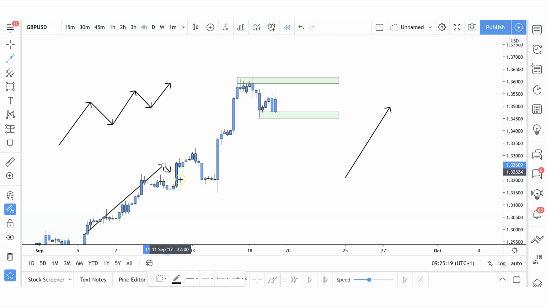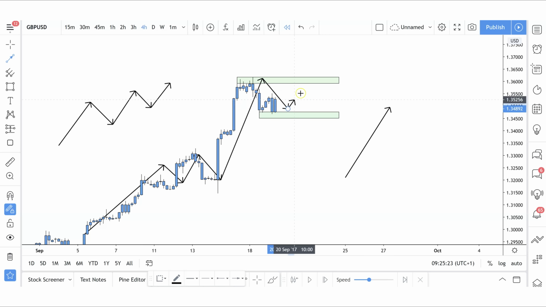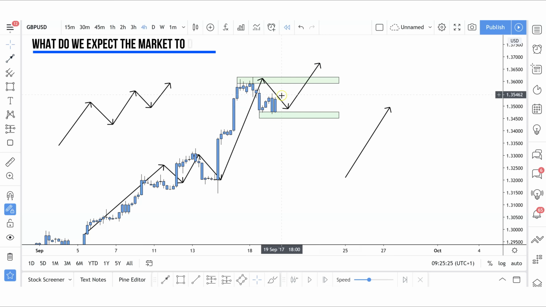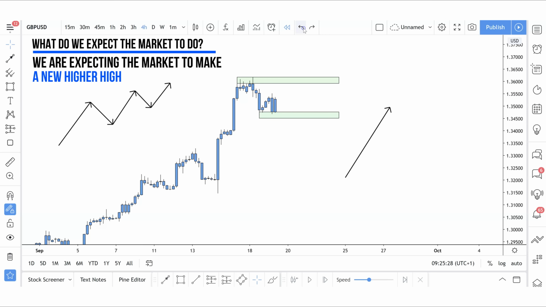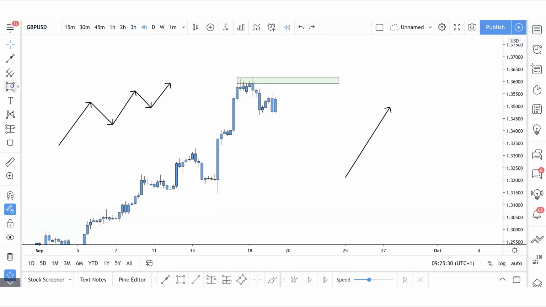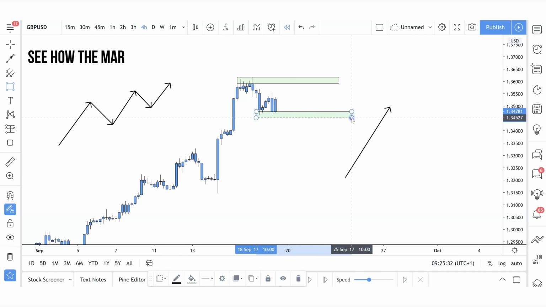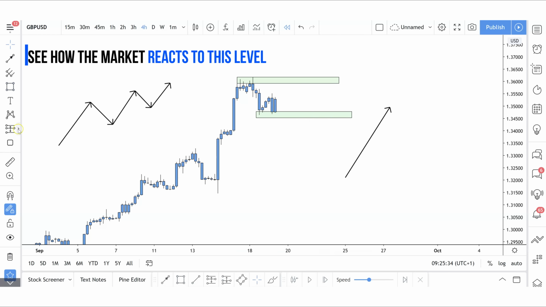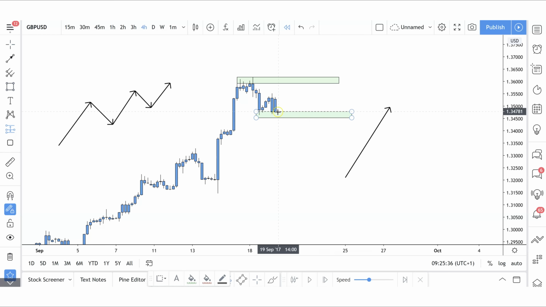We can see the market's pushed up, made a higher low, pushed up, made a higher low, pushed up, made a higher high, made a higher low. And now what are we expecting the market to do? We're expecting the market to make a new higher high. So based on that theory, what we're going to be doing now is seeing how the market reacts to this level. So if we plan to take this trade, let's say we plan to take it now at this level,